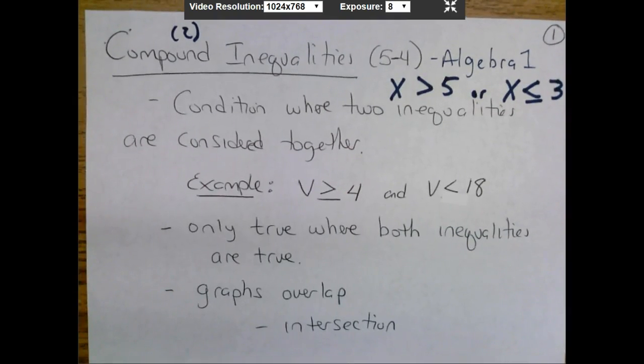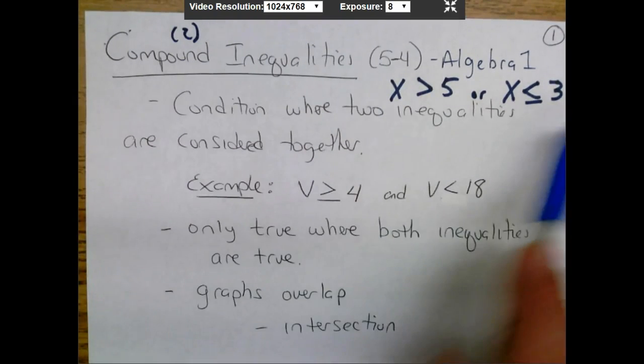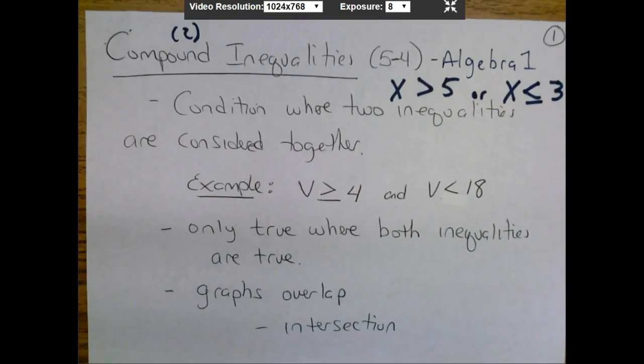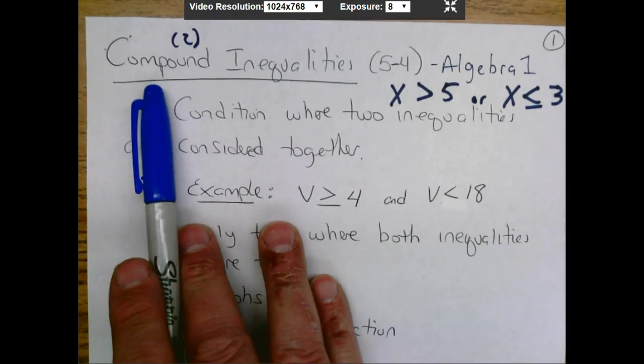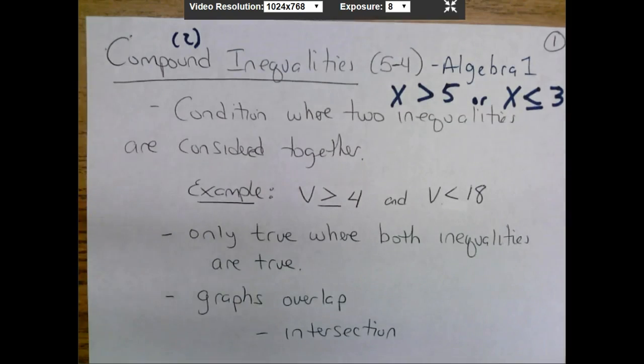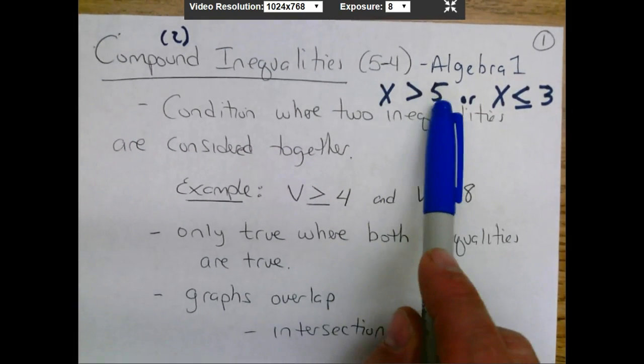It's our next notes. It's going to be on compound inequalities. You can see I have some annotations in here. I'll explain those in just a minute. But so we've been looking at inequalities, and an inequality is something like here: x is greater than 5, or